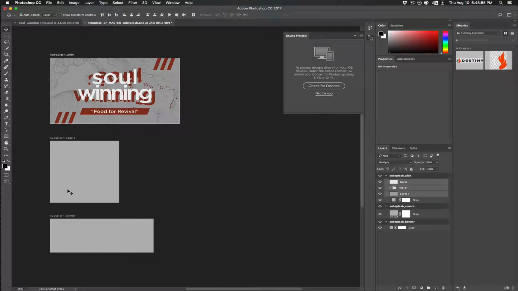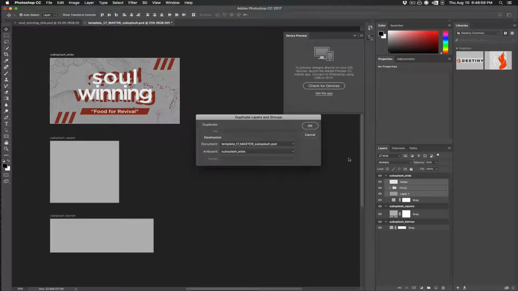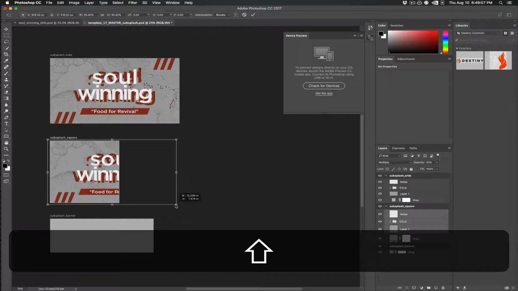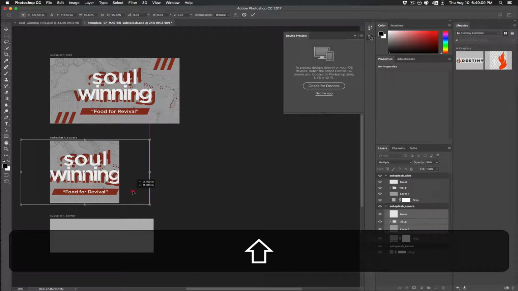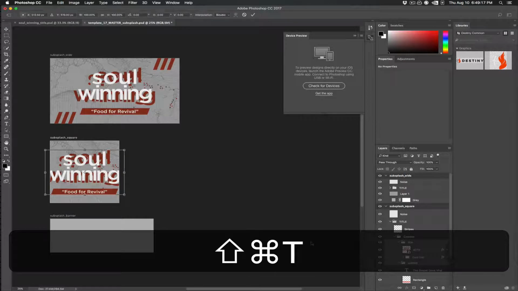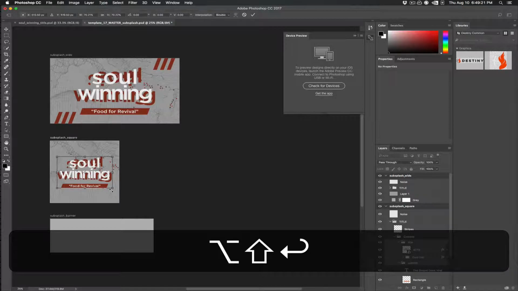All right. Now the next part is we're going to start working on this square. So we're going to right click. We're going to duplicate again. This time we're going into the square. Okay, and here we are. Now this one's a little bit more tricky because we've got obviously a different size here. So you got to use some of your creative judgment to make this look good. You don't just want it to be, you know, a purely